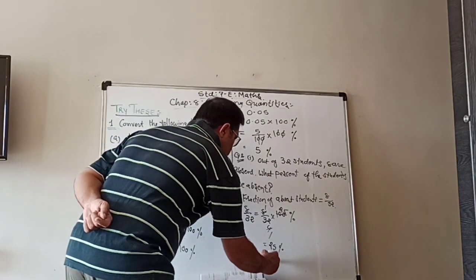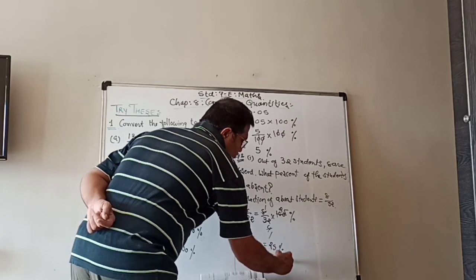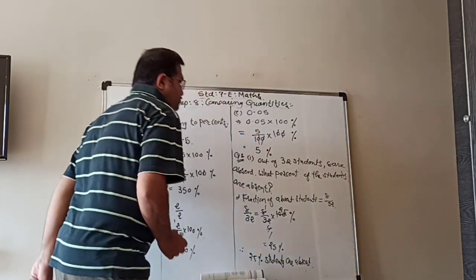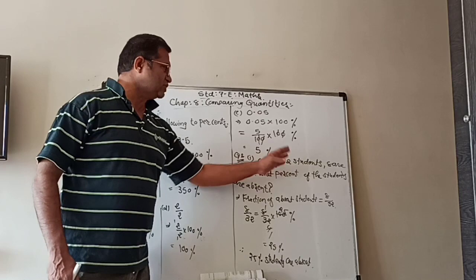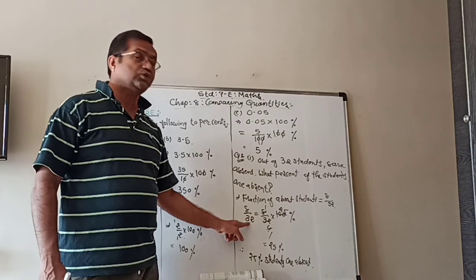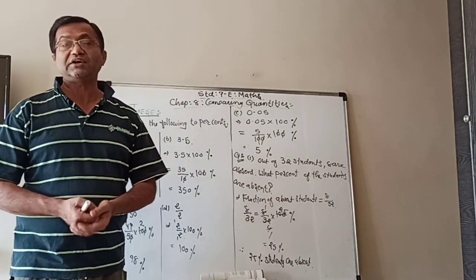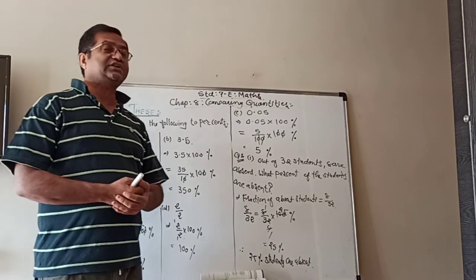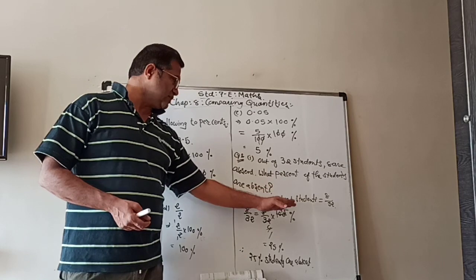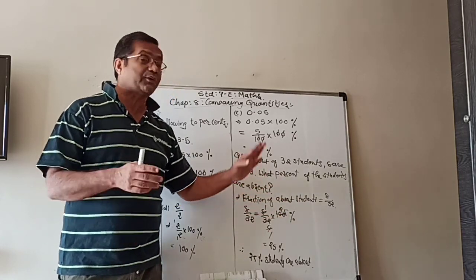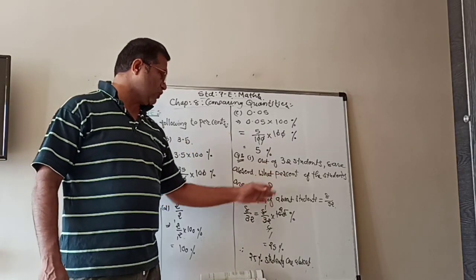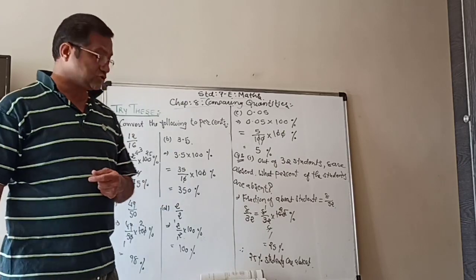Therefore, 25% of students are absent. So total 32 students and then 8 absent. So 8 out of 32 is absent, and then we convert it into the percentage. So you get the 25%. So when you do this, be careful that you are cancelling properly. Cancellation is very important here. If you do something wrong, you will get the wrong answers also.